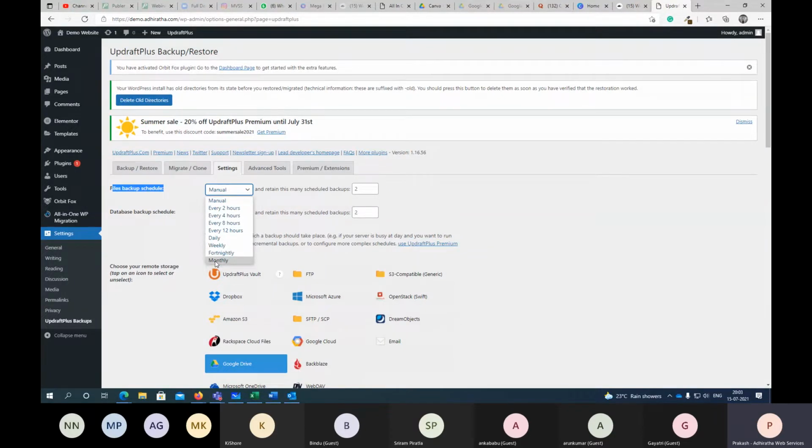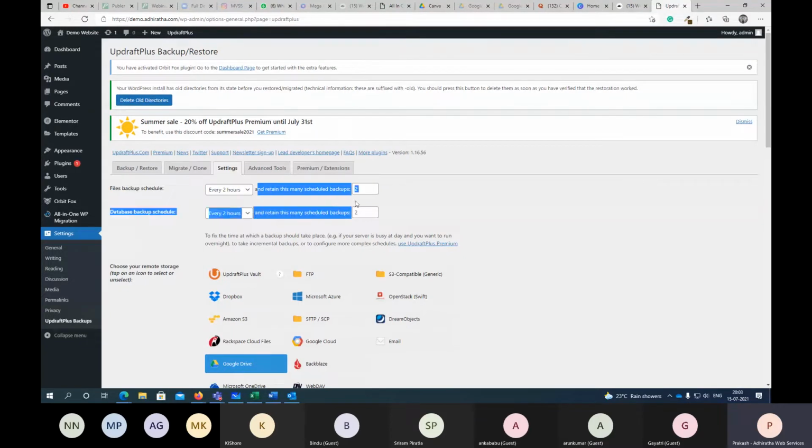For example, today you guys are working on the website continuously, maybe every 2 hours you're doing a lot of changes. At that time it is better to have a backup every 2 hours, even a database backup every 2 hours. And see this, retain this many scheduled backups. That means if it takes a backup every 2 hours, every day, how many backups will there be?